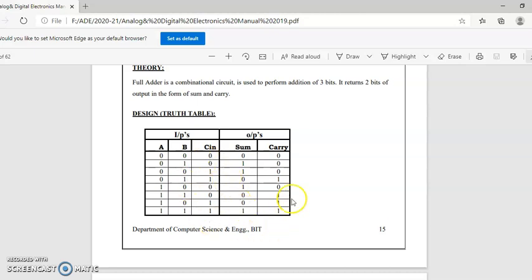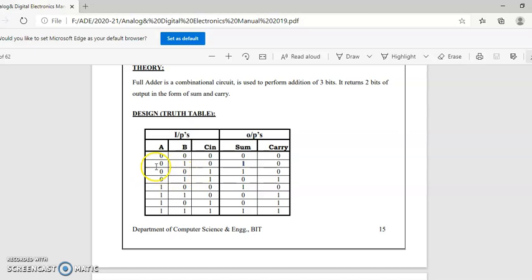Now once we have completed the truth table of a full adder, all of you can write the expression for the sum and carry. Since I've already taught how to do it for a half adder, all of you can do this. Scan through the column of sum, see wherever it is 1, and write the input associated to generate that output. So for this term, what is the expression?